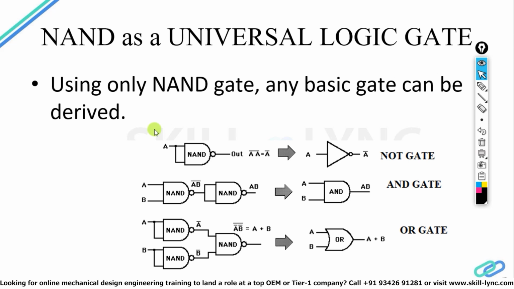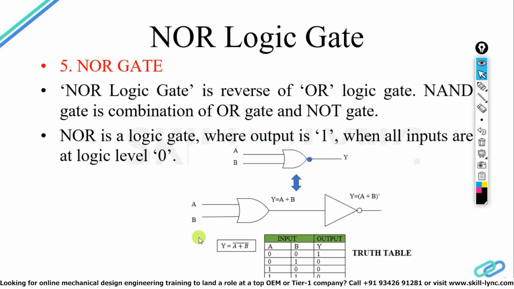And apart from the universal logic gate, I have shown you how the NAND gate can act as a NOR gate, as an exclusive OR gate, and as an exclusive NOR gate. So the total number of gates required: for NOT gate, a single one. For AND gate, 2 NAND gates are required, and for OR gate, 3 NAND gates are required. For exclusive OR gate, a total of 5 minus 1 equal to 4 NAND gates are required. Previously we showed 9, then we showed 5, and now we have reduced it to 4.